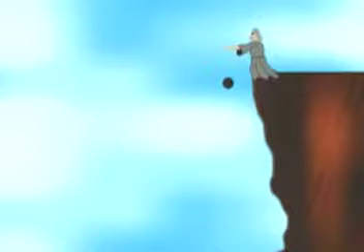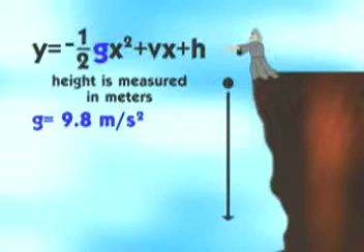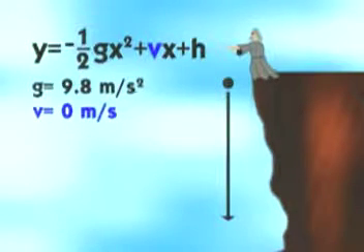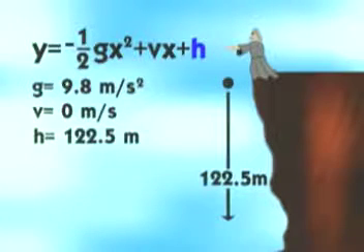Using the function we know, between the position of a falling object and time, y equals -1/2 times g times x squared plus vx plus h, we can now answer this question. First, we must identify the constants. The height we are dealing with is measured in meters, so the value for g we use is 9.8 meters per second squared. Galileo doesn't throw the bowling ball, he simply drops it. So the initial velocity, v, is 0 meters per second. And since the ball is dropped from a height of 122.5 meters, the initial height, or h, is